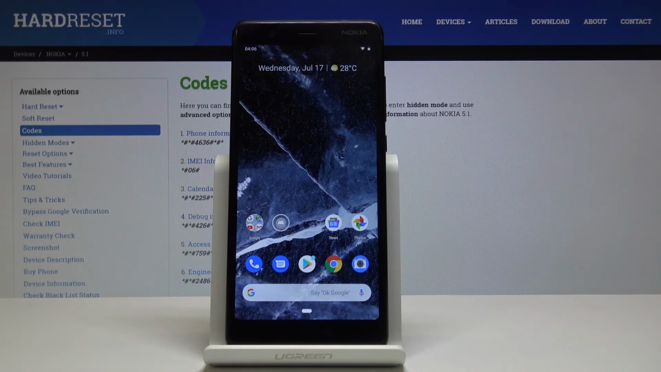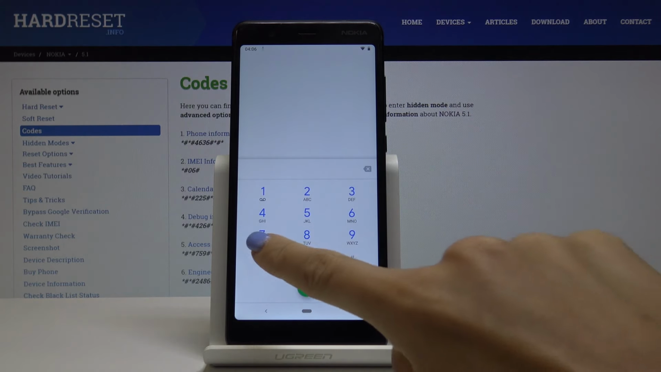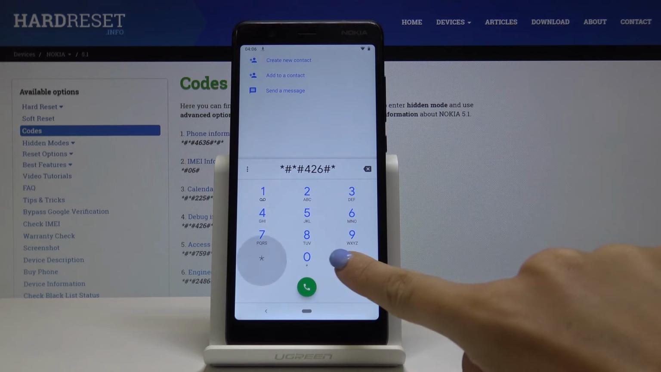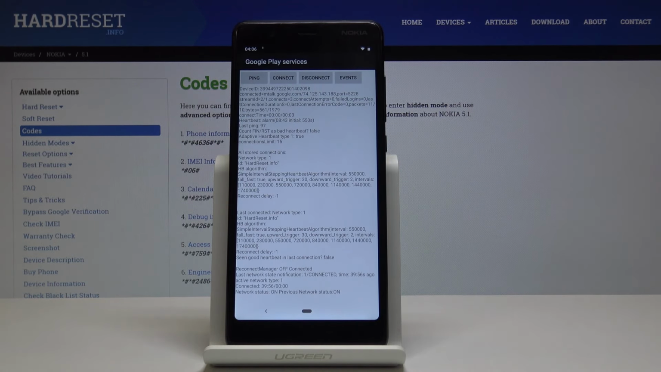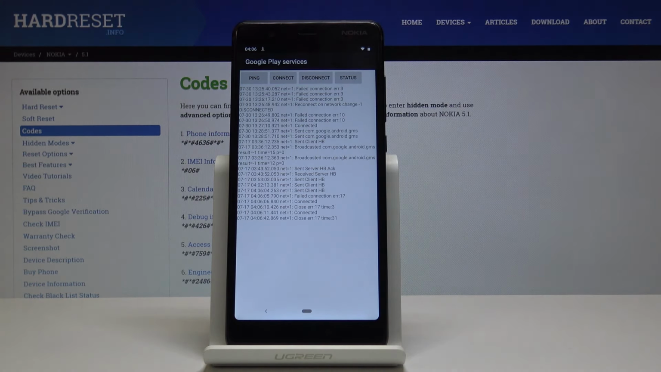Here I've got Nokia 5.1 and let me show you all the secret codes for the following device. So at first, let's open the phone dialer, and now you enter the first code, which is *##246###. And now we are in Google Play Services, where you can check ping, connect, disconnect, and also events or